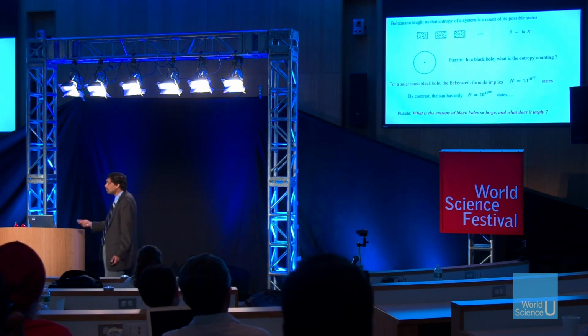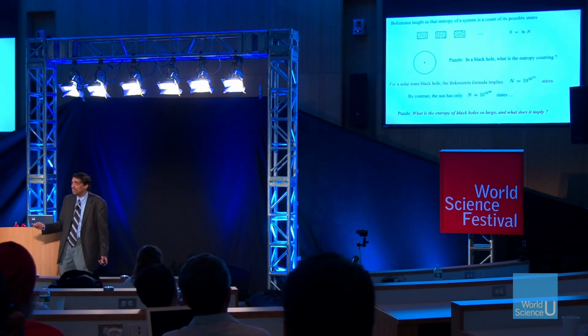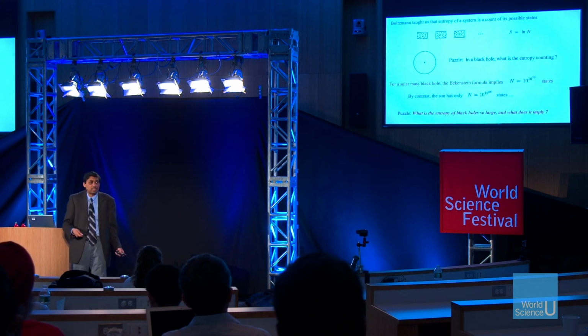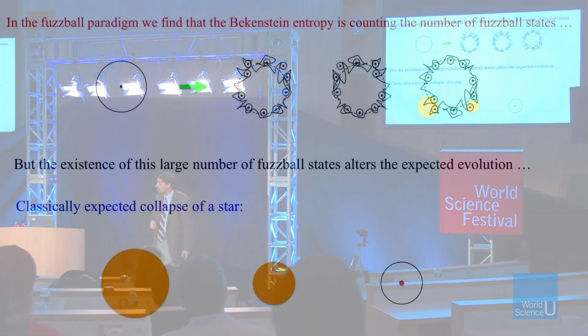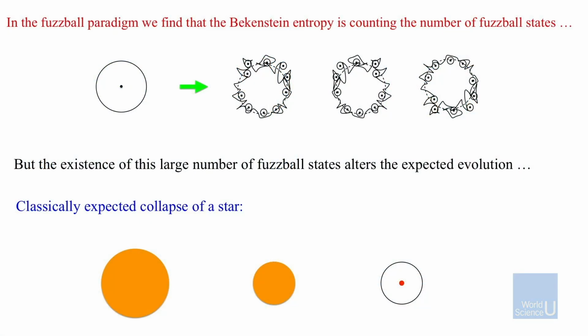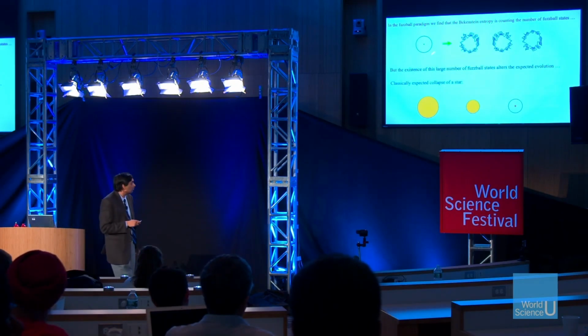So Bekenstein was sitting with this puzzle. He could assign entropy to the black hole, but he couldn't see what were the different states which were giving him that entropy. But now we can actually see what it was. We in fact have all these little structures on the side, and if you count how many these are, you find they're exactly the right number. In all the cases where we can explicitly check, they exactly give you back the Bekenstein entropy. We can't check them for all kinds of black holes. That's difficult to do. For the simplest ones, where you check it, you get exactly the right number of these states. So now we understand what we were supposed to be counting. But this time we actually have a surface. It's all the different possible surfaces that we are counting. And that makes perfect sense so far.